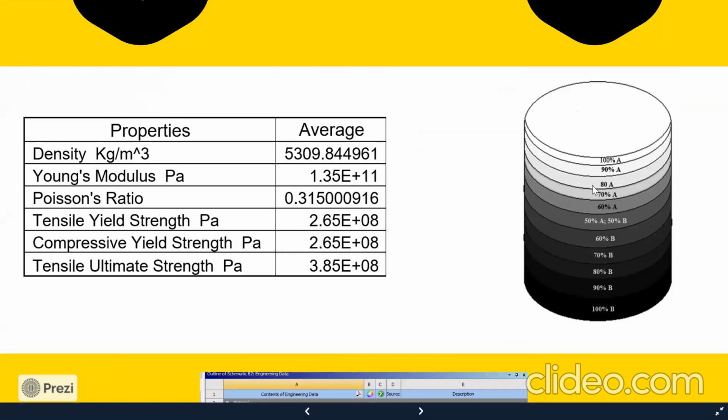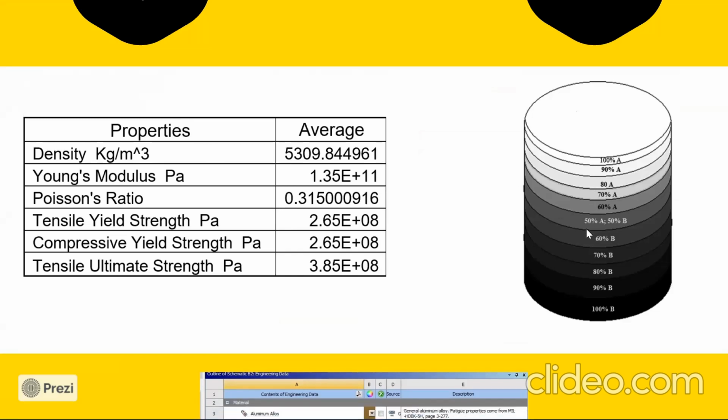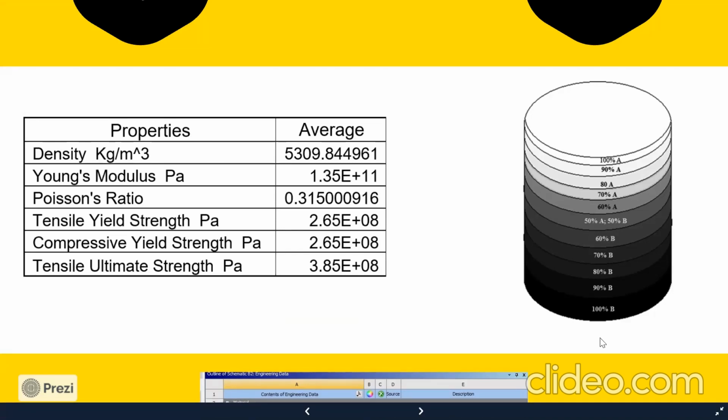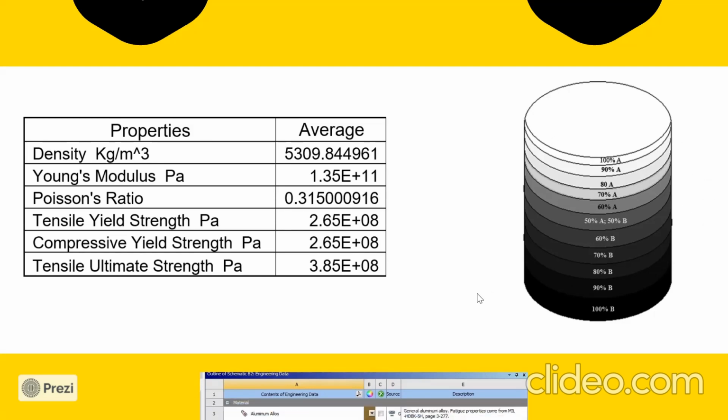Then it will reduce until it arrives at 50% of material number 1. Then material number 2 will start. That means in one part we have 2 types of material. This will help us to find good mechanical properties for special